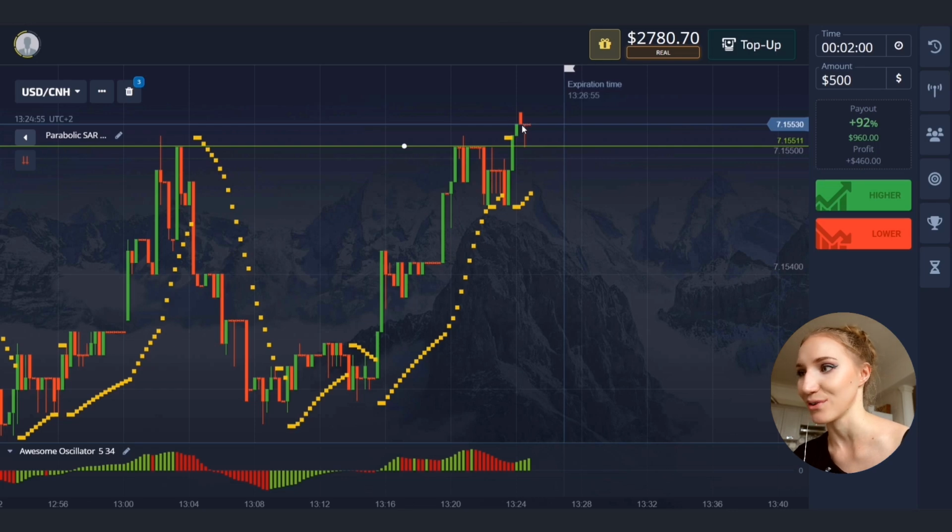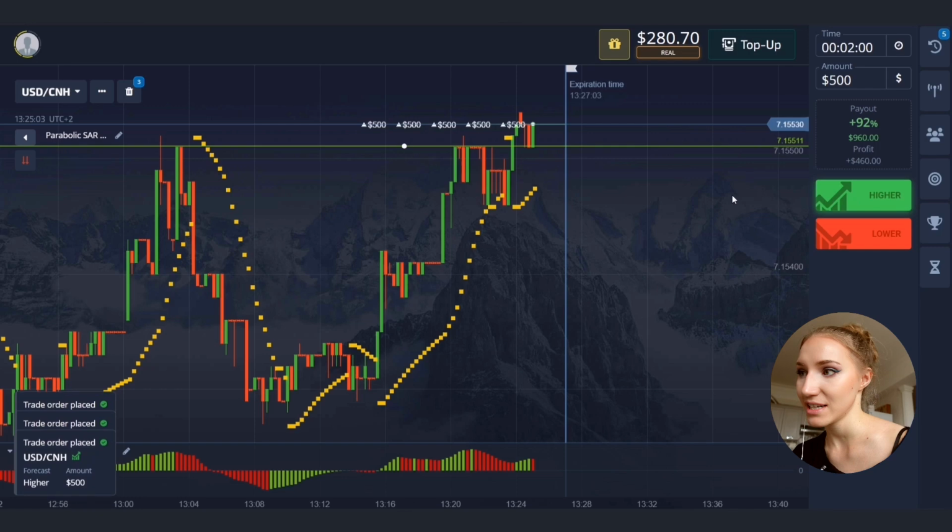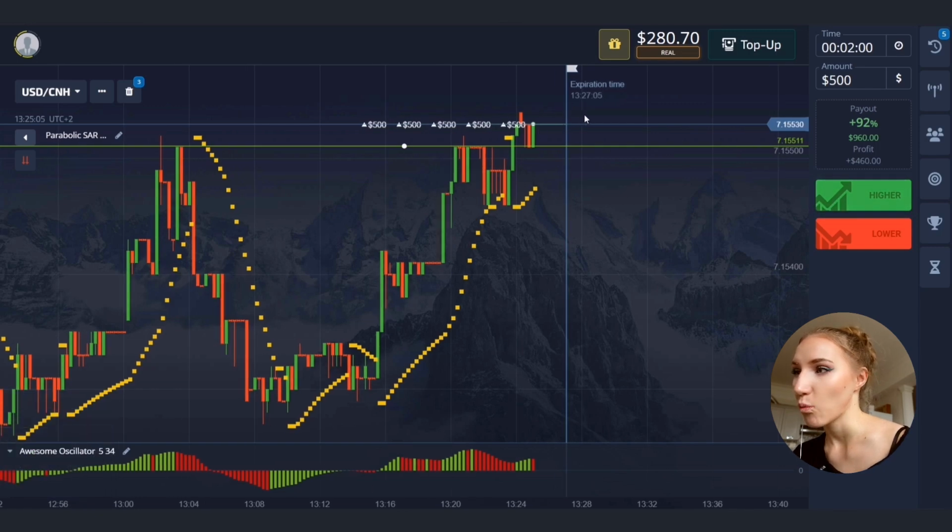Here we can see the resistance level, and after the pullback the price approached this level and is going beyond it right now. The yellow dots are appearing and the green histogram showed up. So let's open a trade higher for 2 minutes. I think that price will break this level through and then move higher, yes, with this movement. And because this is the very good upside potential and the price lows are becoming higher here on the chart, I think that 2 minutes will be enough for that,